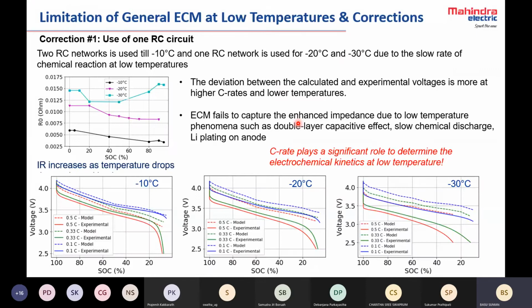Now, till now I have talked about the equivalent circuit model. It works very well, but it is actually not perfect. At low temperature, the equivalent circuit model doesn't work, as you can see. Our model values and prediction, versus the experimental values, the firm lines are experimental. At -10, it starts to go off. At -20, it is more. At -30, it is a lot more.